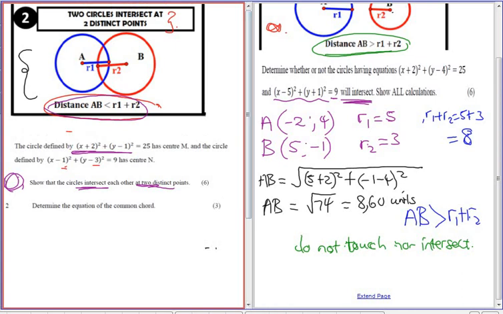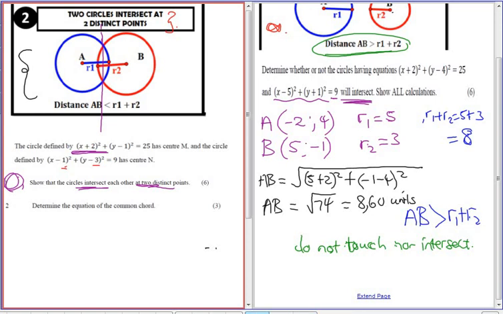When we say common chord, we mean the line that passes through. You see, these circles are intersecting at 2 places. So there is a line. If I draw a line such as this one, let me use this color. So this line. Okay, I hope you can see it. At this point, that line,